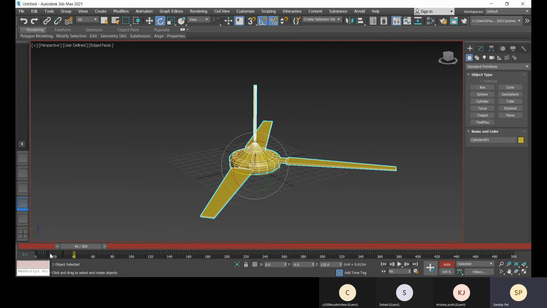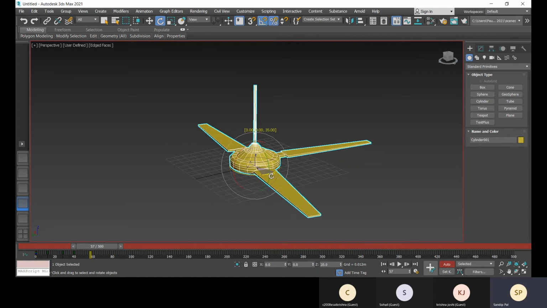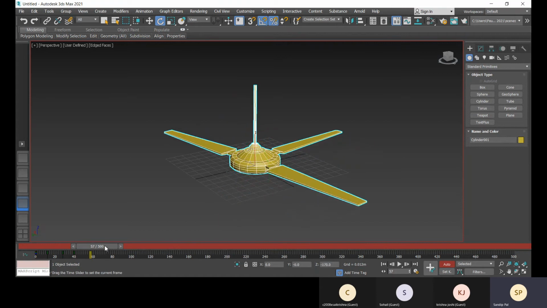So at this point of this frame, it will rotate up to this. It will rotate up to this. So when you play all together, you will get the total rotation. So that's what I'm setting. So I'm changing this frame. The position of this frame is at 57, and there it will rotate this way.